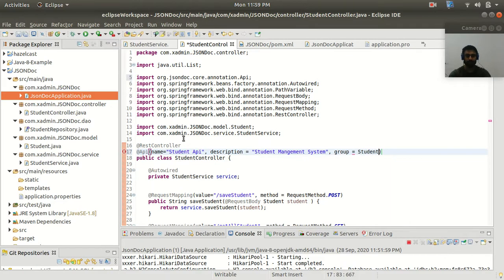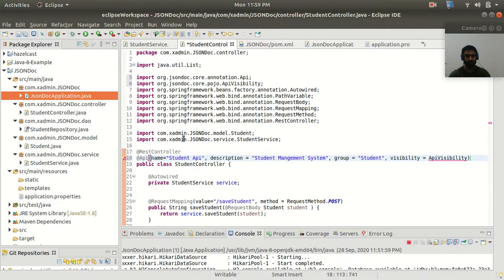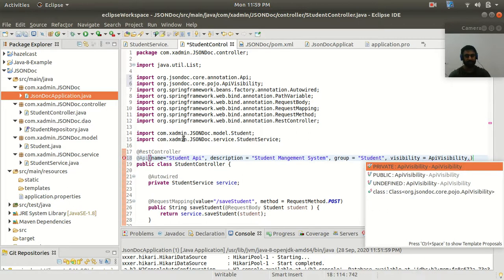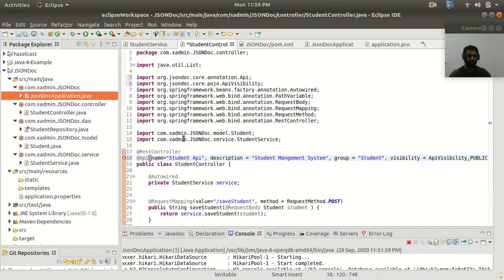I will keep it as student, so it will be a string. Next I'm going to put the visibility for this API, which I will keep as public. Let's see what we are getting: API visibility dot, we are getting private and public, so let's keep it as public.